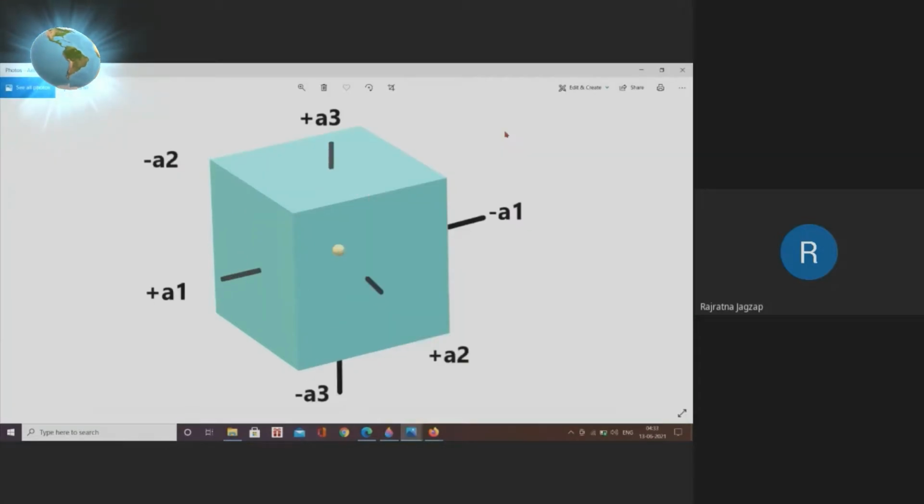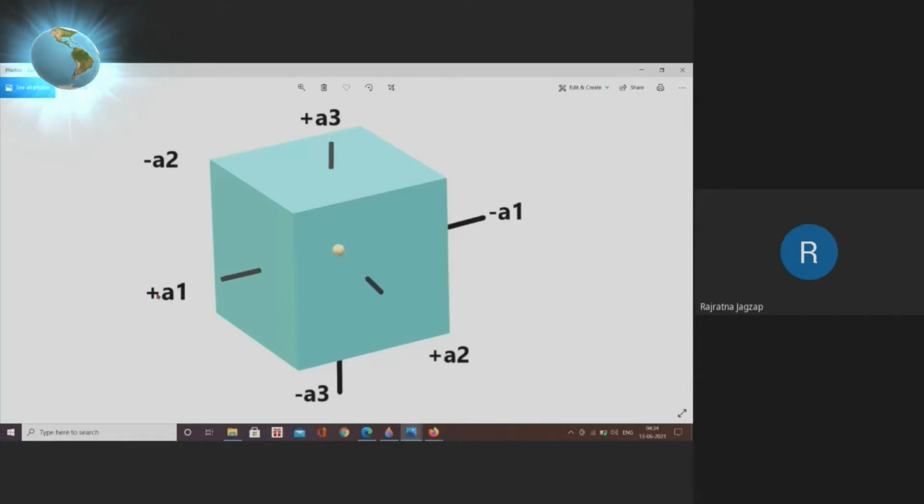Here is another model of a cube showing the center of symmetry, an imaginary center. If you intersect this vertical axis with this A1 axis and extend them, you will intersect at the point of an imaginary center. The A2 axis will also pass through the center of symmetry. So this is the point of intersection of these axes.